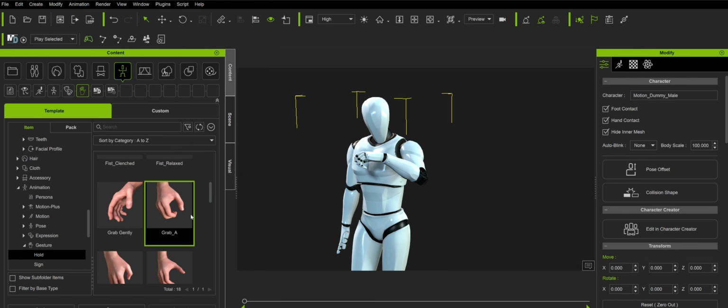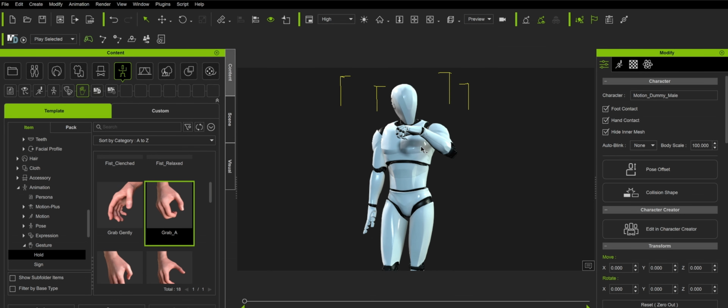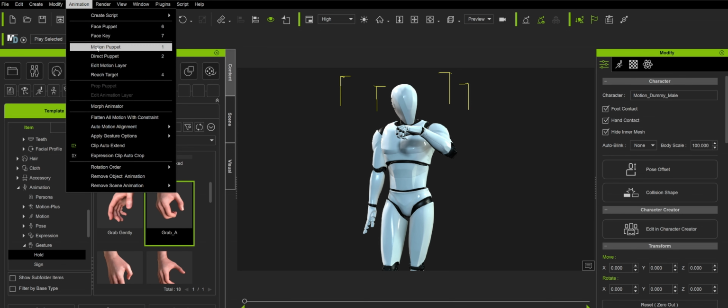I think grab A would look good. Yeah, I think this is the one. And obviously I'll just rotate this wrist a little bit, and again with iClone it's pretty easy to edit this motion. So I'll go to animation, and I'll go to the other hand. If I go to gesture,